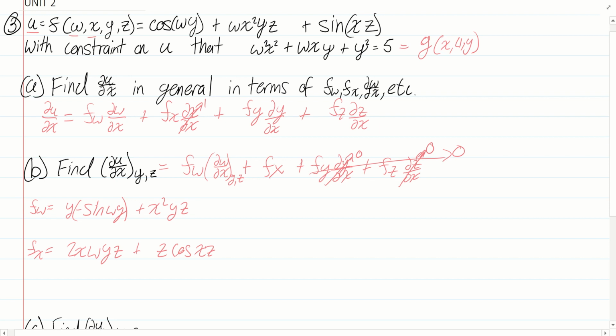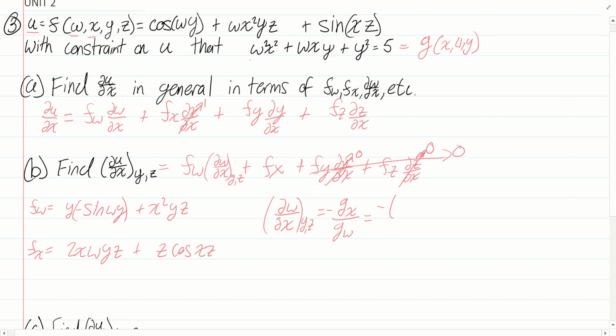Sorry, this function g is a function of x, w, and y. So now if I want to find the partial of w with respect to x, holding y and z constant, I can set that equal to negative g sub x over g sub w. So this is going to be partial derivatives with respect to x and partial derivatives with respect to w. So this first one with respect to x